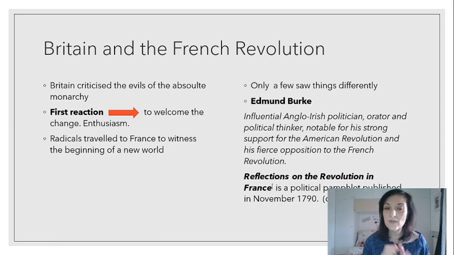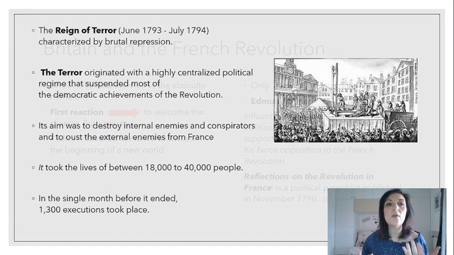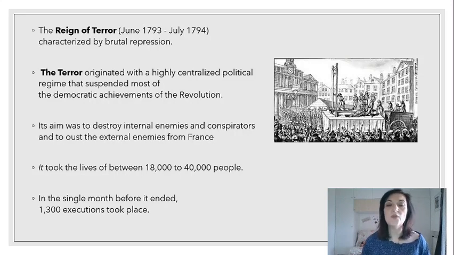He was not wrong, because that's what happened. You know that from the Republic, after the beheading of the king, we get to the so-called Reign of Terror. What was the Reign of Terror? It was a system of government in France that lasted from June 1793 to July 1794, and it was characterized by brutal repression. This moment started when this centralized political regime suspended most of